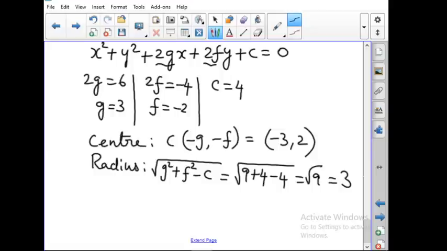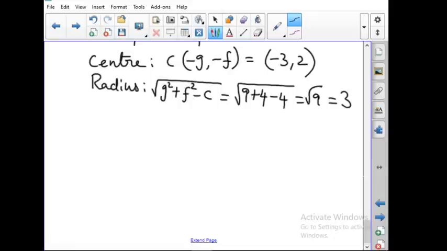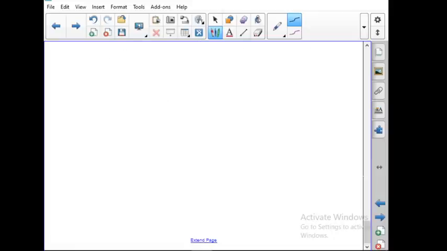So the center is minus 3 comma 2 and radius is 3. Okay. Similar to this, we can do the third subdivision, and in the fourth subdivision it is given with the coefficient of x square and y square. So you have to divide the coefficient throughout the equation and find out the answer. Okay. Now let us go with problem number 12.